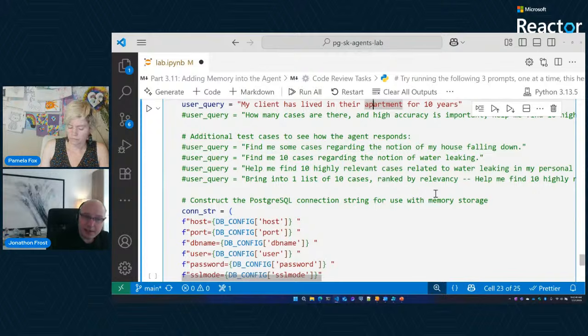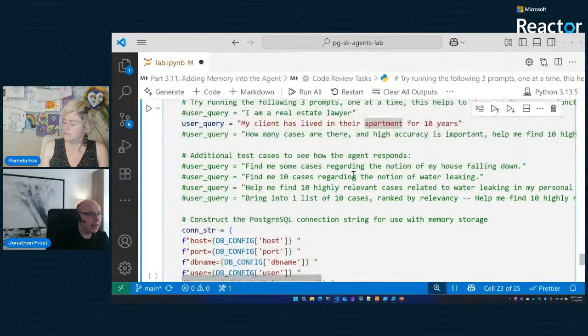In this case, what's happening is painting with a bit of a broad brush, but it's great to illustrate the concepts. Every prompt and every response is being held in memory, but they're being stored and vectorized into a separate table. Then upon retrieval, when a new prompt comes in and we're looking at the memory store, it's using the new prompt as a query to say, are there memories from the past that are relevant to this prompt, and should I bring those in? So you'll see what's going to happen here when I run this.